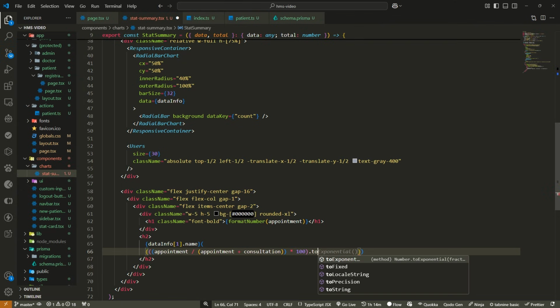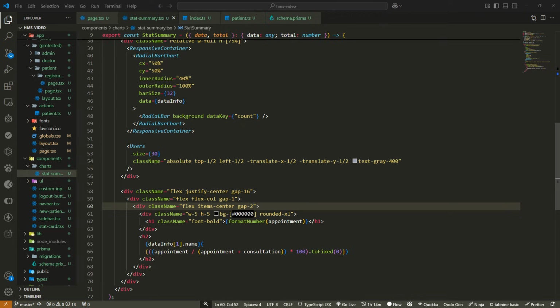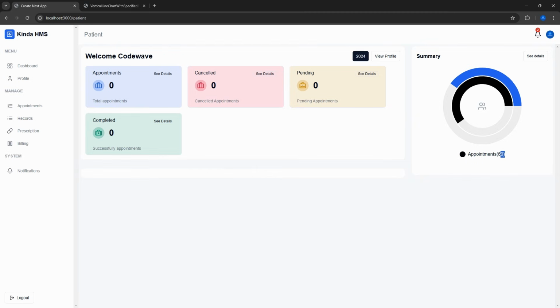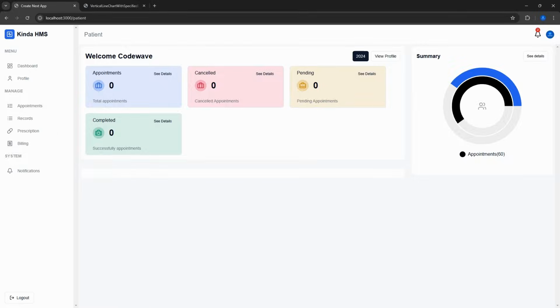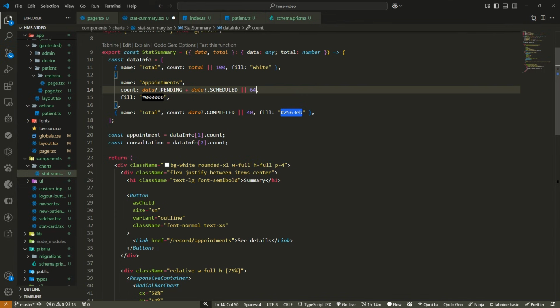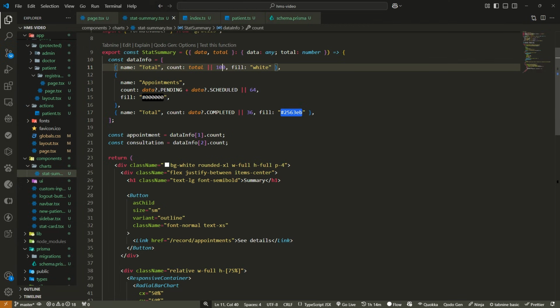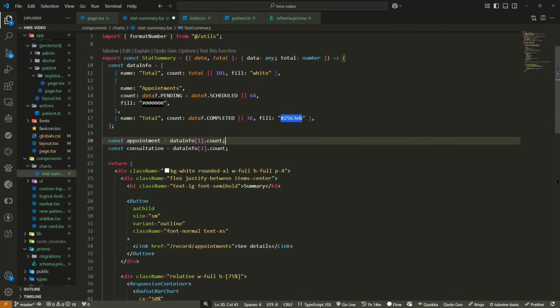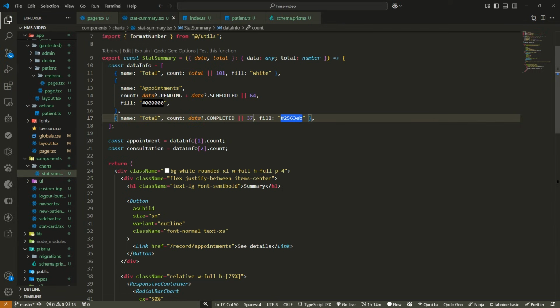Okay, so I just put toFixed of 0. So I want it to have... I don't want it to have dot dot dot. If I don't put this, let's see, there can be a situation where... okay, let me change this so you understand. I'm going to say 64, and here will be 36. I think that's 100. Okay, so let me still put 1 here so that you understand what I'm trying to say. In order to avoid a whole lot of this dot dot dot,